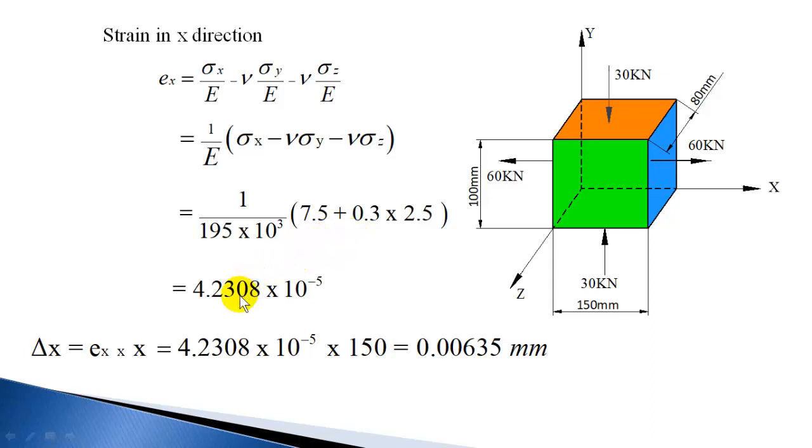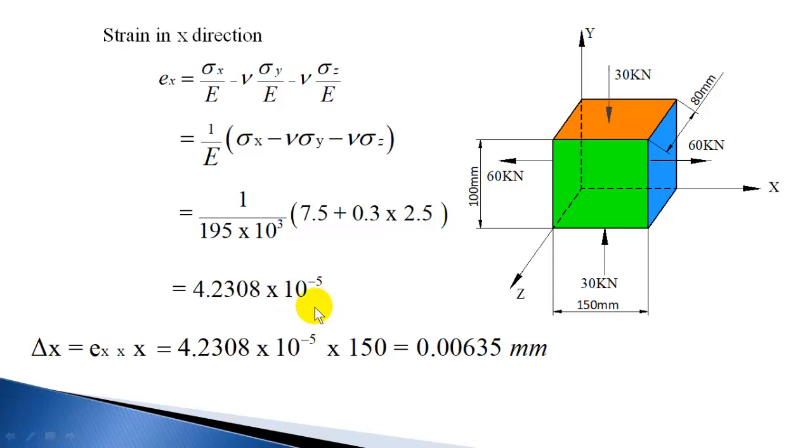Now which works out to 4.2308 into 10 raised to minus 5. So this is the strain in x direction. That means the increase in length in x direction in unit length. So so much mm will be the increase in 1 mm length in x direction. I said increase because it is positive. Since you are getting the strain positive, this is the increase in length in unit length of the block